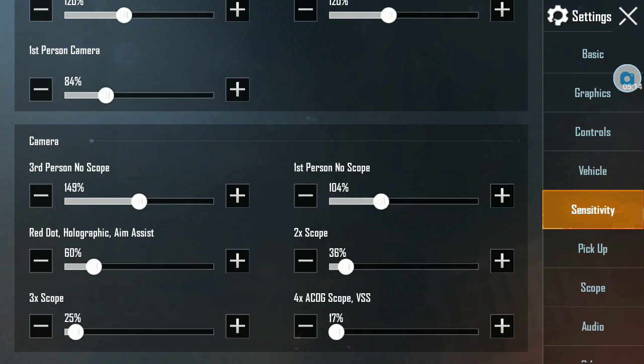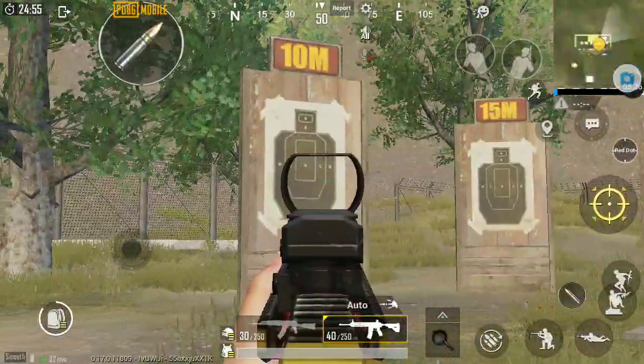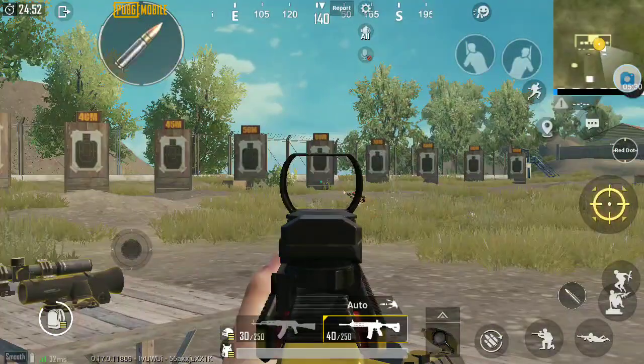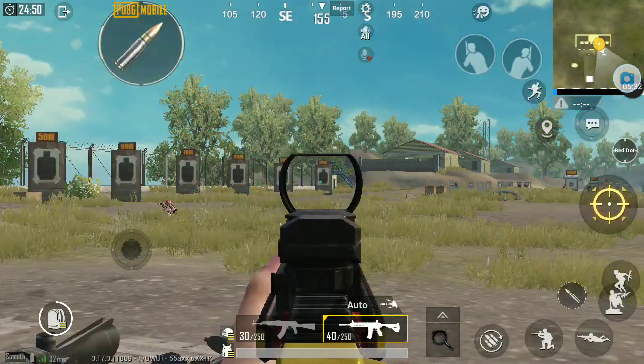Okay, third person camera, adjust it to 50, 47. Okay, so scope in, and you see you're going wherever your target is.